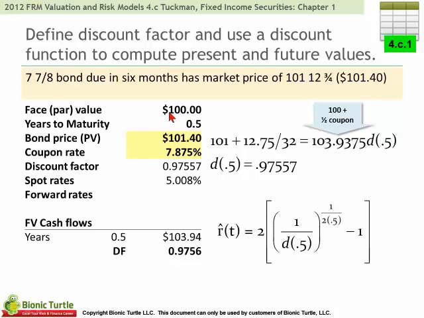So if we have a bond par of 100 and it's 6 months to maturity, and notice in this case the input happens to be the bond price, and it has a coupon rate of 7 7/8. So I've used a Tuckman example, as I usually do. And so what we can do here is extract the discount factor from the fact that we have a bond price. And let me also make a note here that consistently here in Tuckman, right, we're just reviewing Bruce Tuckman